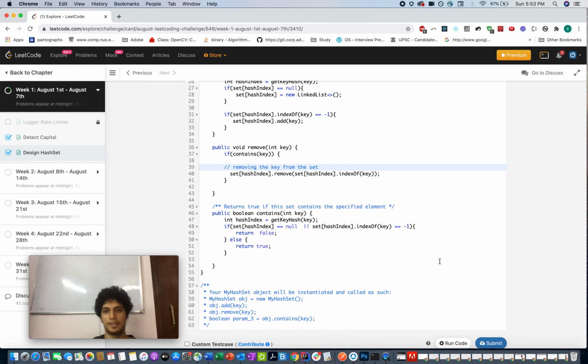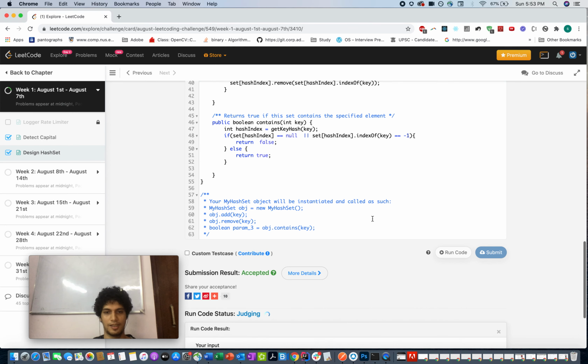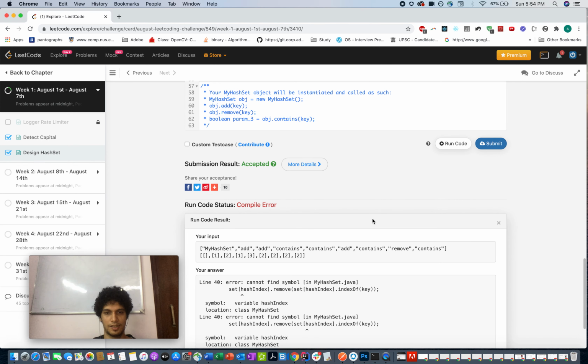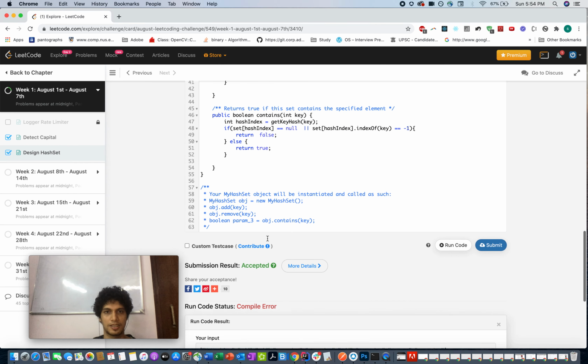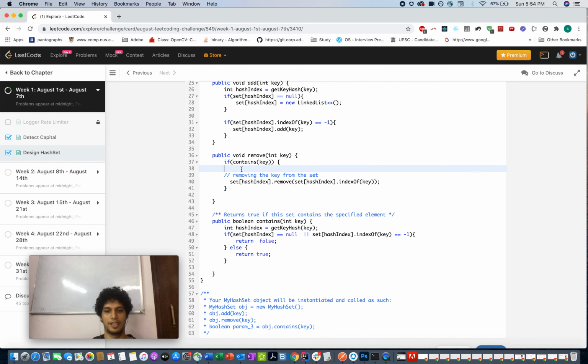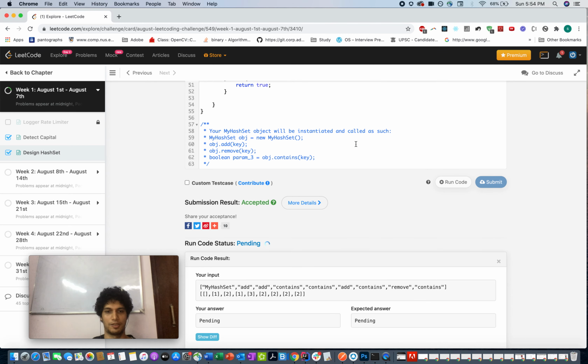So we utilized one of our methods inside, and it gave me an error, hash index. Oops, I still need it. Sorry, hash index get key hash of key. I got overwhelmed. Now it should work.